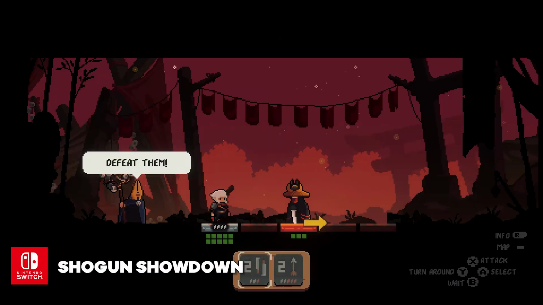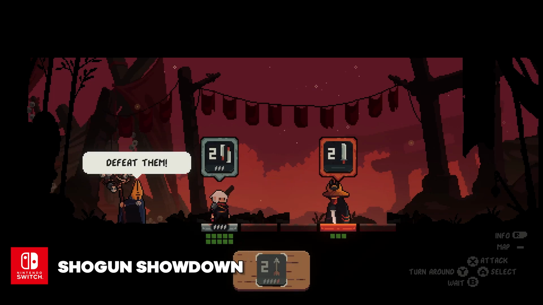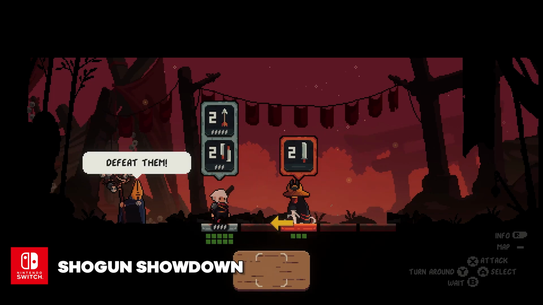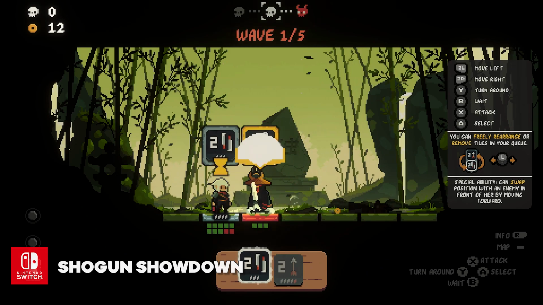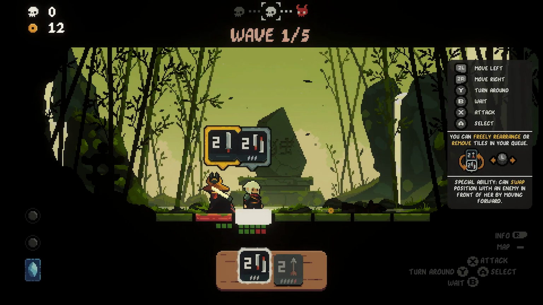Shogun Showdown drops you into a world where samurai meet deck building. You're a warrior trying to restore peace to a land overrun by corrupt warlords. Each run lets you build a new deck of attack cards, forcing you to adapt your strategy based on what